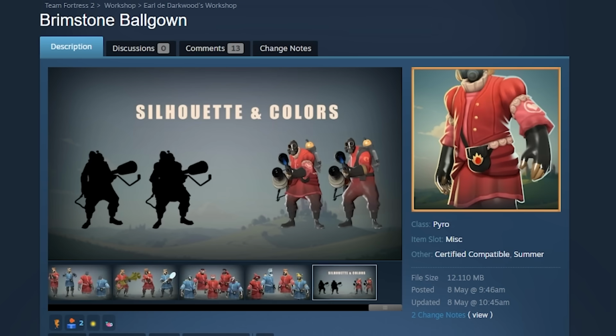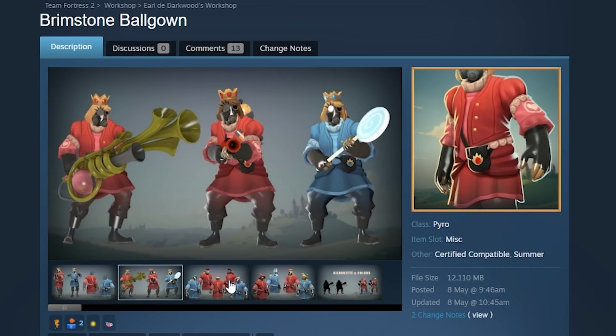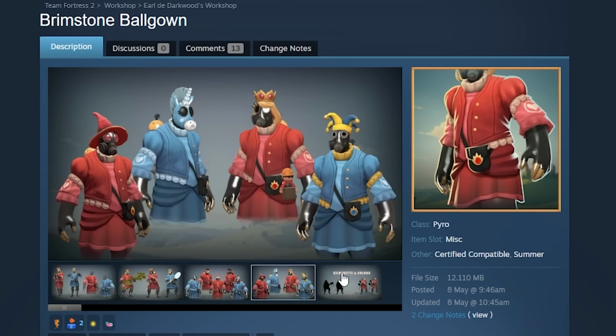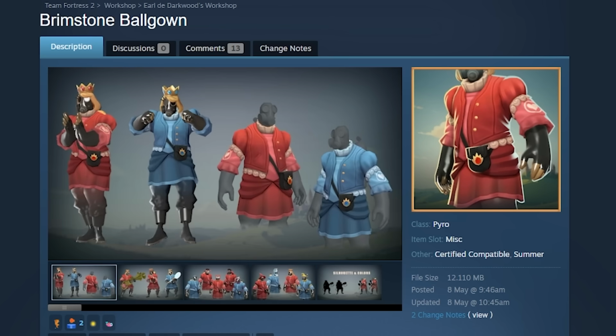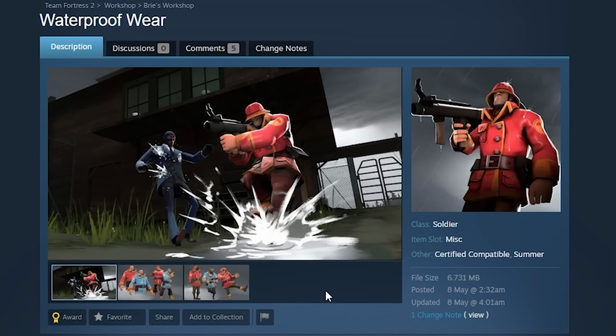Anyway, the Brimstone Ballgown is the second part of it, which is, as you can see in these images, the dress that Pyro would get. I think the dress would work in the base game perhaps, but do let me know what you think in the comments. Next, the waterproof wear does look quite similar to another hat we already have in the game for